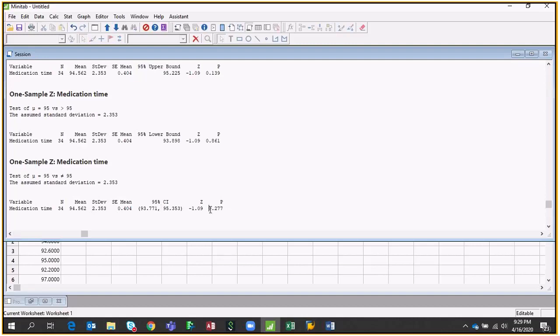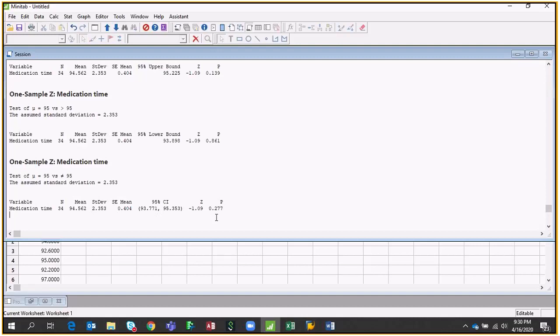That's why you have a p-value greater than 0.05. What is p-value? I've already made a separate video, you can see that. But the p-value is telling you this is greater than 0.05, which means you fail to reject the null hypothesis. It means your tested mean is equal to 95, right? And this is what it is saying from the confidence interval. So if you are checking any hypothesized value and it is falling inside your confidence interval, mostly your p-value would always be greater than 0.05.